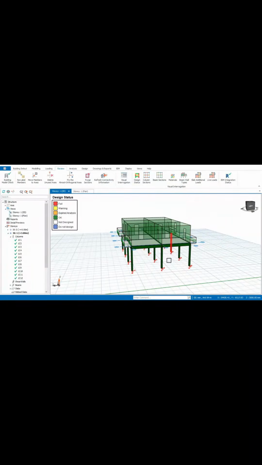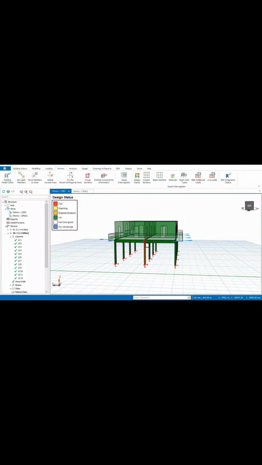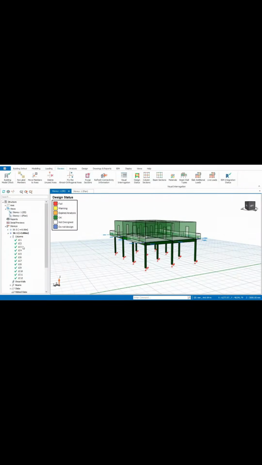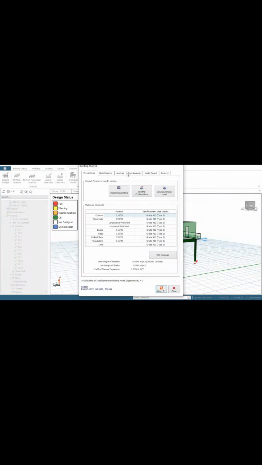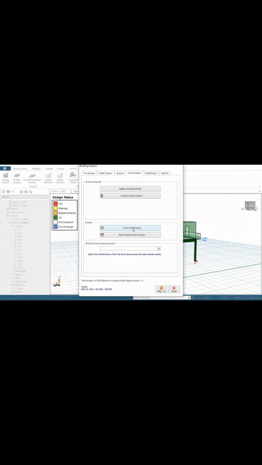But because it's okay here doesn't mean everything is really okay. So what I'll first do here is check my columns. You can see all columns are actually okay right here. So what I want to do is go back to my analysis, then in the analysis, I'll go to post analysis, and I'll check column wall design to see all my designs